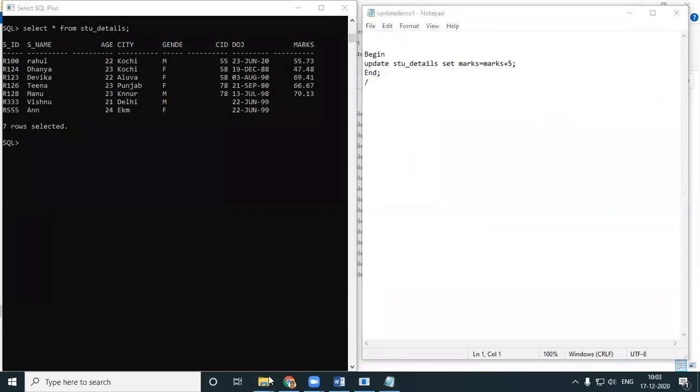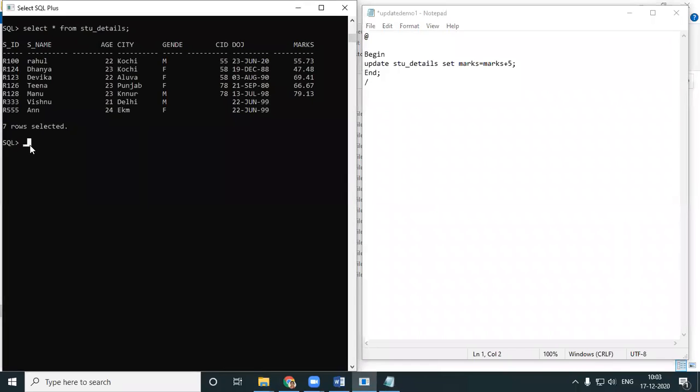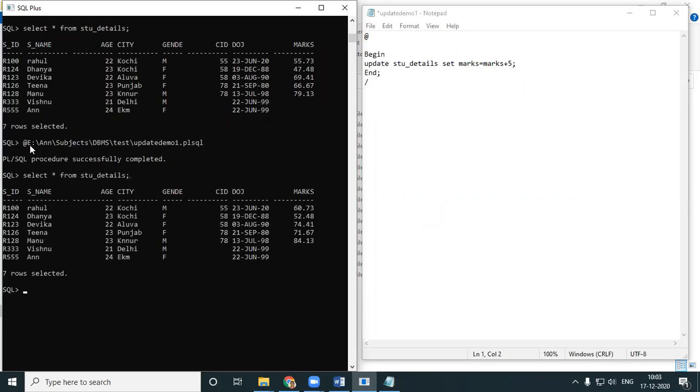I'll just copy my path. @ update demo1.plsql. So again, 5 more marks increased for everybody. This is how you write your update query in PLSQL.